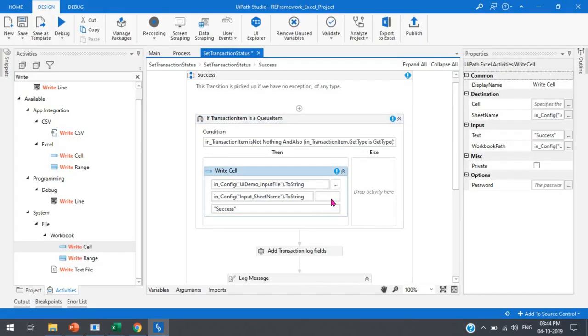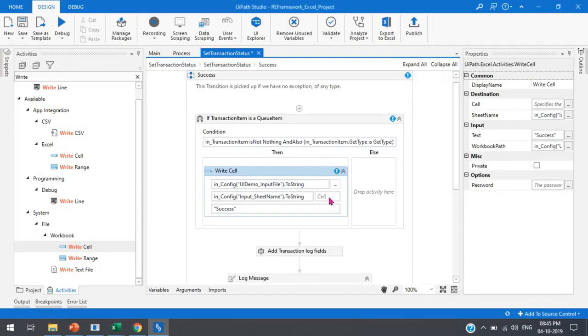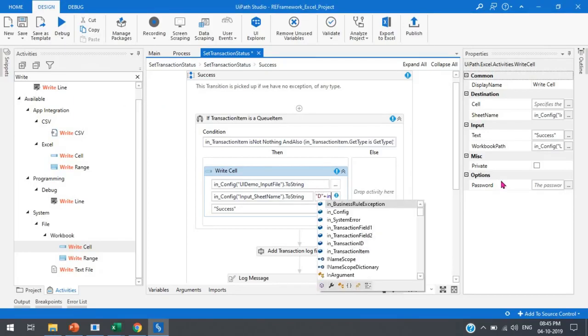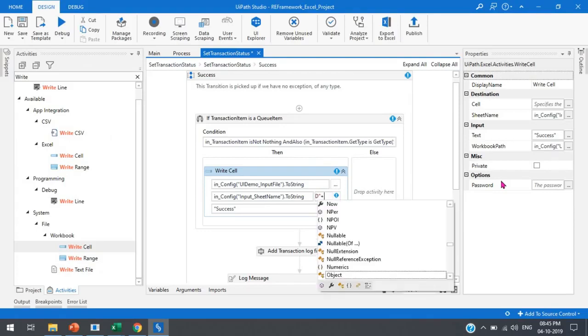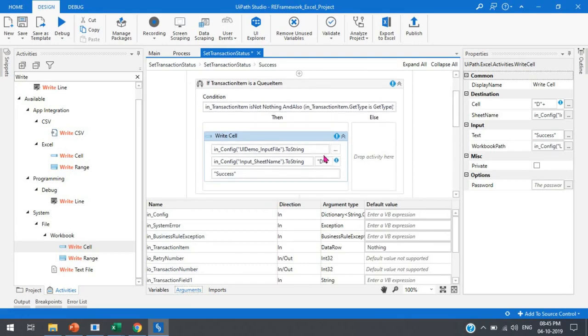So we have the number, that is transaction number. So we'll take here the column name, that is D. In the bracket, double quotation D plus in transaction... so I believe we have the out. Let me check here in the arguments what transaction number we have. So we have the IO transaction number, so we just have to take here IO